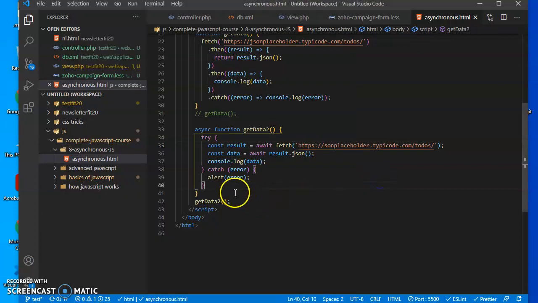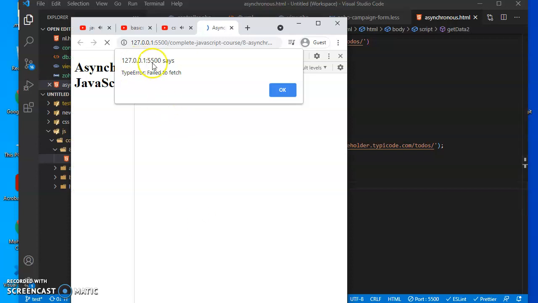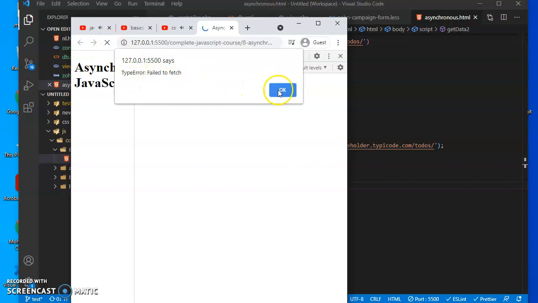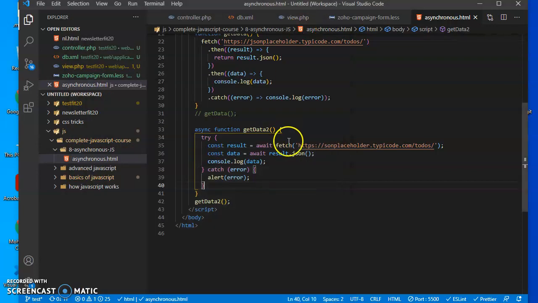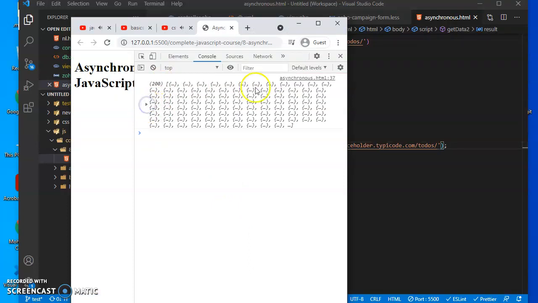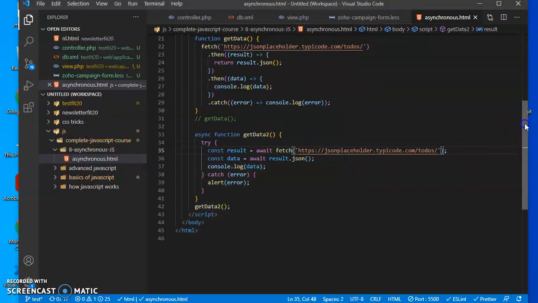Here I'm handling the error, and I'm saying if something is wrong, I want you to alert error. And this is what happened. We have a failed to fetch error. So if we refresh again, failed to fetch. So the catch block caught the error because we cannot fetch this, because it's the wrong API. We're missing the J. And now if we go and check, we get the results. I hope that this video made you understand async await and promises and how we deal with